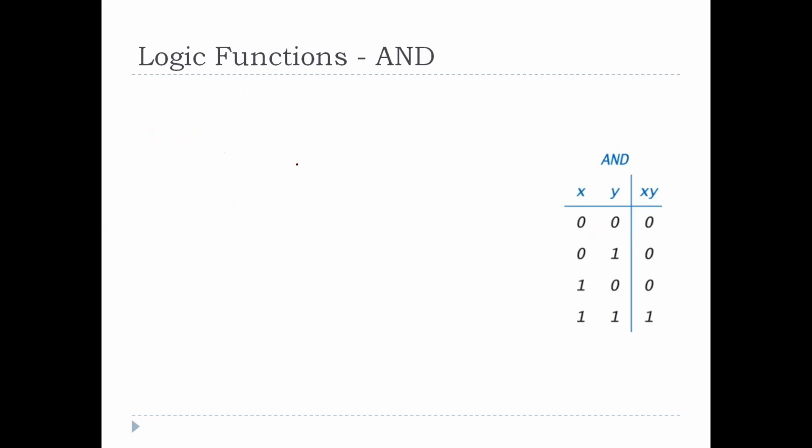For the AND function, I'll get an output only if both the inputs are present. Input 1 and input 2 have to be present for getting the output. For all other cases I will not get any output. So the logic function for that is two normally open contacts connected in series.